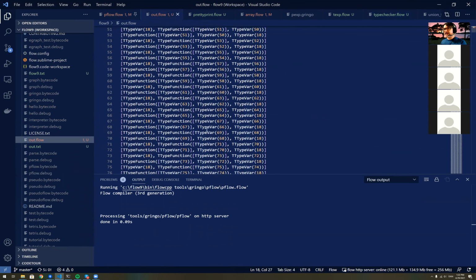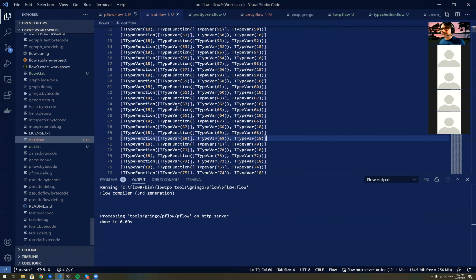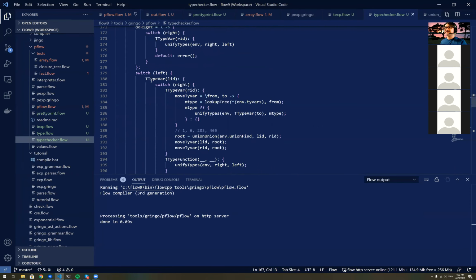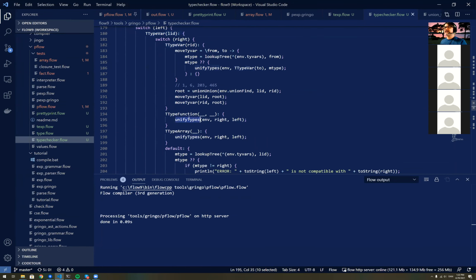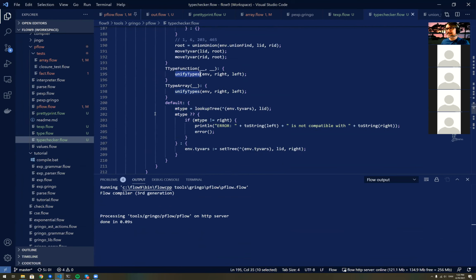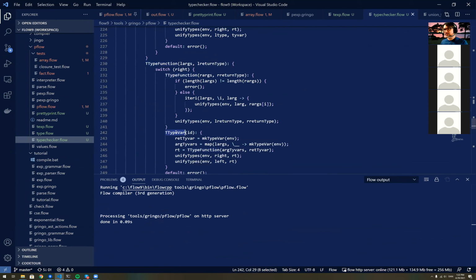There you go. So we have a type function against the type var, and these two guys kind of alternate all the time, it seems. All right, so let's see why that is. So if we have, what is it we have? We have a type variable against the function. So what did we do here? Type variable against the function, and then we reverse them. Great. And then if we have a function against a type variable, what do we do? A function against a type variable, then,